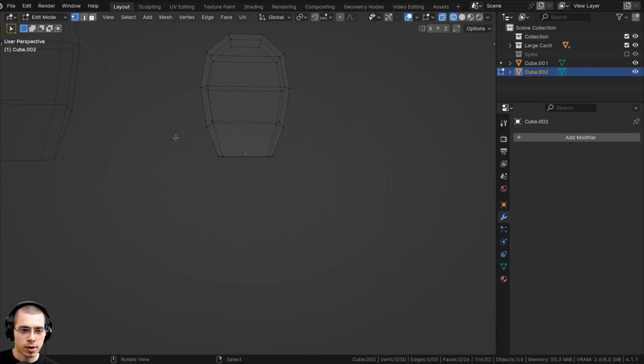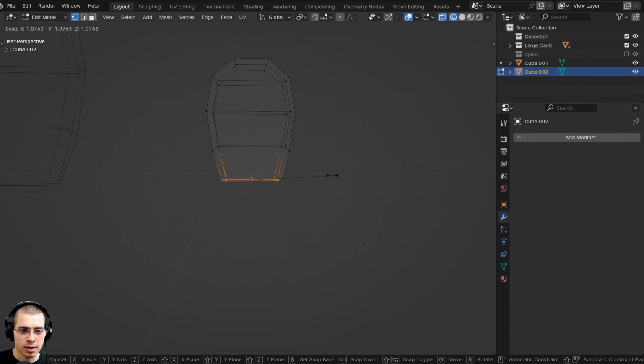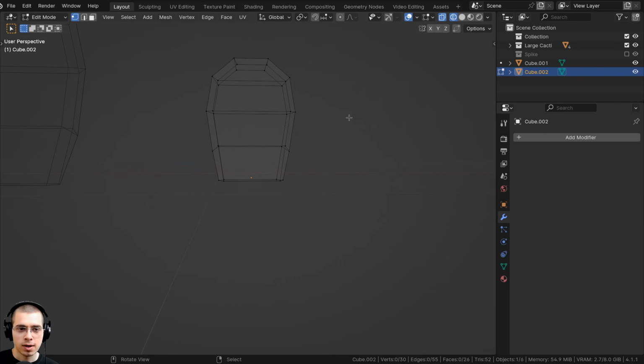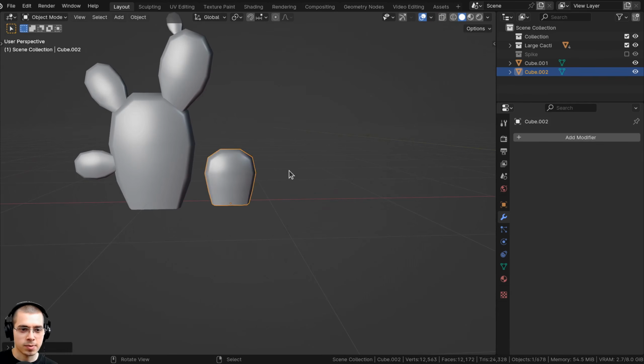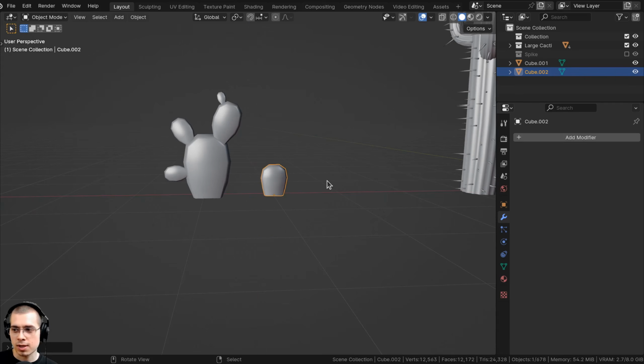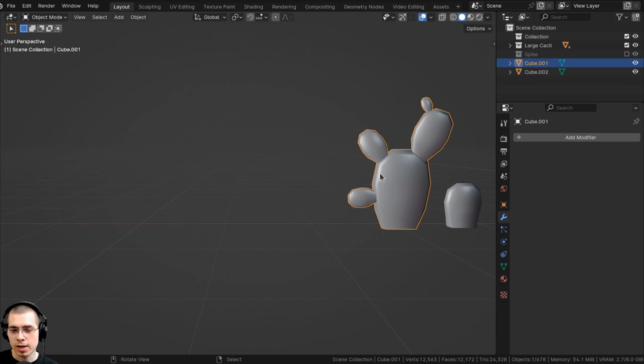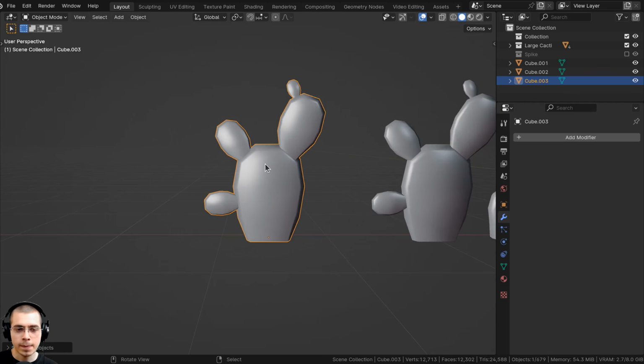Let's also go to wireframe. We're just going to select this bottom part here and scale it up so it's a bit bigger, and then if I select the entire thing I can squish it down a little bit. Alright, just like that. So we have just another piece there, and that one's just going to be a small piece. So we'll select this one again, and I'll duplicate it and bring it over here, and we'll go into